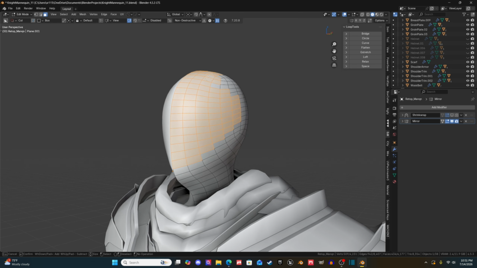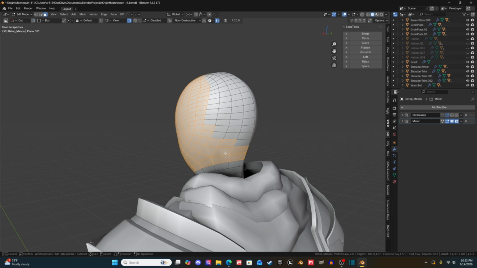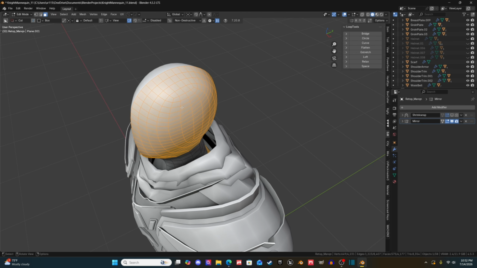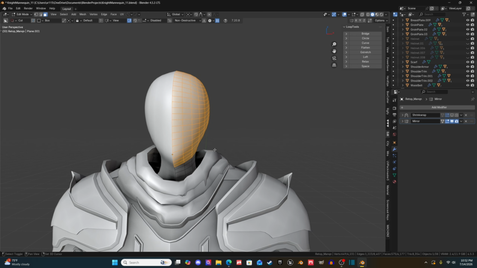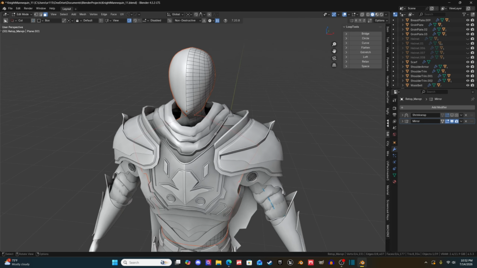So I'm gonna go ahead and do that. This is the method I'm using. I'm just gonna select all the faces that will conform to a head, because this is already retopologized and all that. So I'm just gonna grab all the faces that are going to create a helmet. Right? I'm gonna hit Shift D. I'm gonna hit P, selection, and